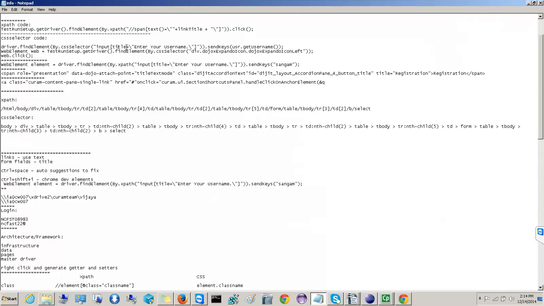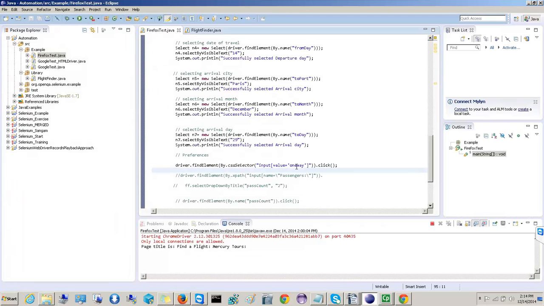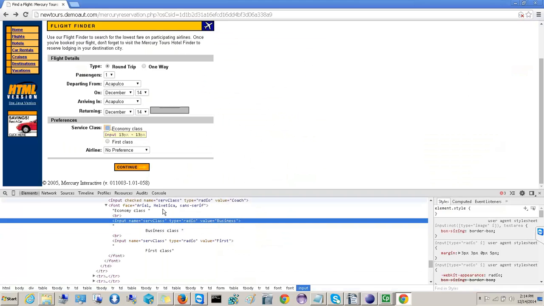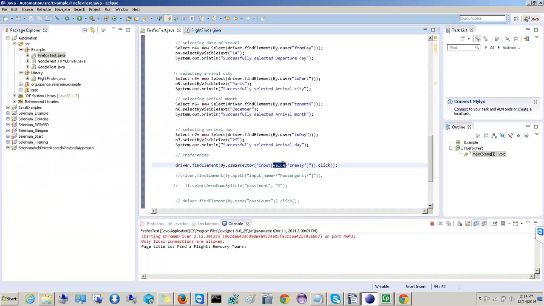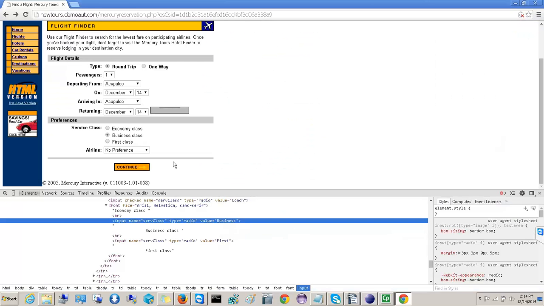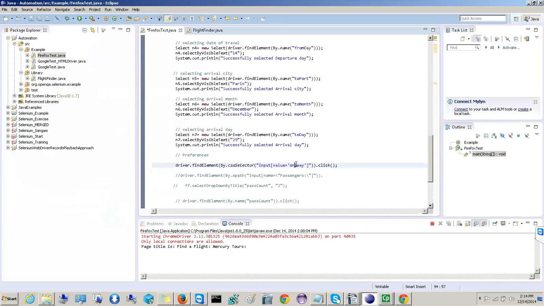Same thing. Input title is equal to enter your username, dots and keys, and so on. So input value one way. Instead of one way, we have to take value, right? Okay, so here business, not this one, whatever this shows. And for radio button it's always click. For input box it's send keys. For push button it's click. For drop down it is select. Okay, so I think that should be fine. So I'll simply